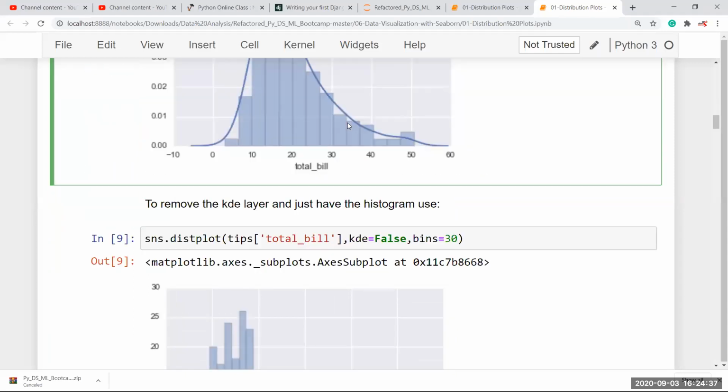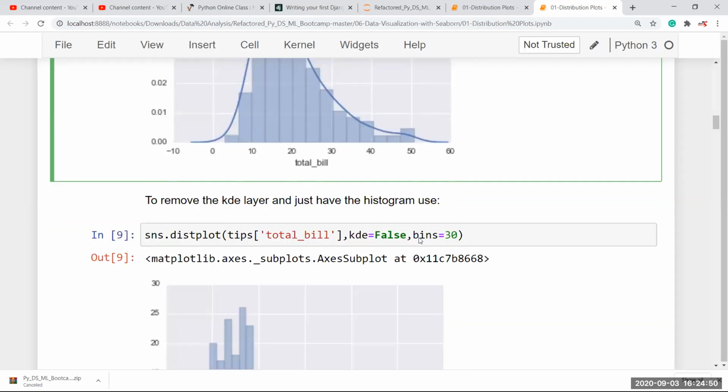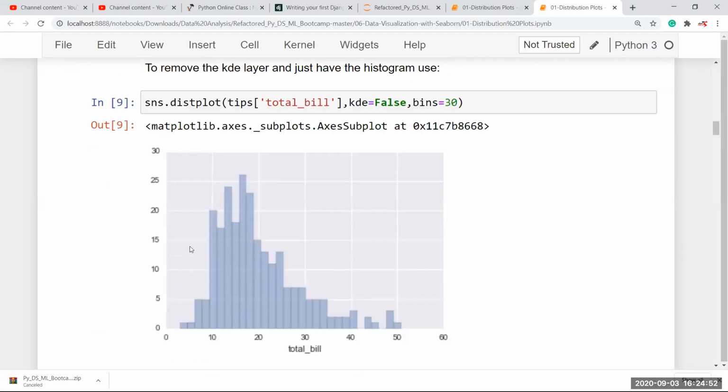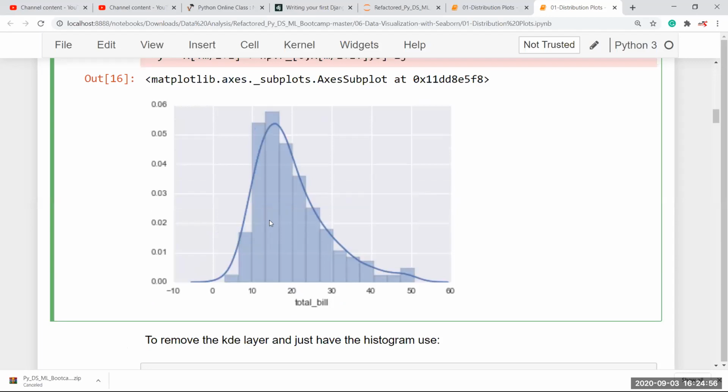Okay, so if you want to lose this, you have to give KDE equal to false. If you are giving KDE equal to false, the sine line, the wave, is removed and you can only see the histogram. You can also increase the bins. Each bar is called a bin. You can increase the number of bins, by